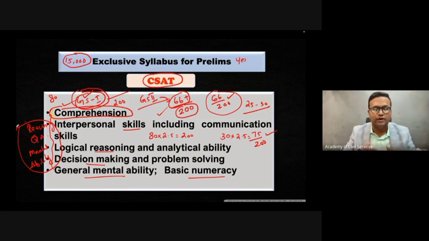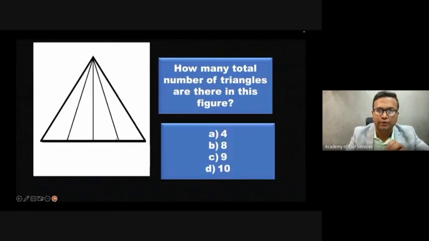Now it depends on how you solve the question. If you are solving using the long, direct way with a huge process, it might consume too much time. In the end, you might get a correct answer, you might get a wrong answer also. But if you know how to tackle each and every question in a shortcut way, then it is easy for you. It will consume less time, and again, you will be getting the correct answer as well. I can show you a few examples. 2 examples I will show you how to do that.